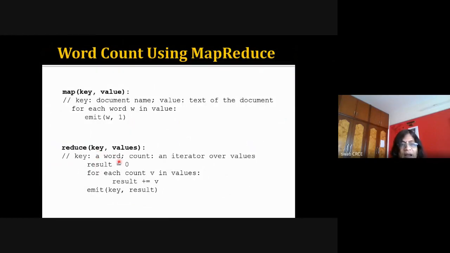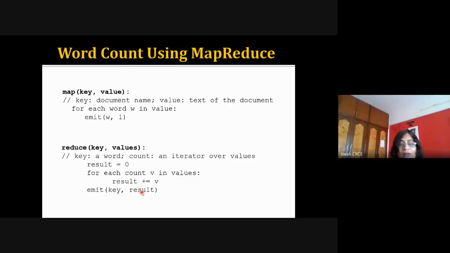Where the key is a word and values is the list of some values, and then we are using some count iterator over the values. By using that, for each value in the values, add that value into the result. And always we say that here it is returning the value as 1. So all the ones, or if the combiner has combined and it has given 2, that count will be added to the result. The result was initialized to 0 before. And finally, you get the result which will be returned by the reducer. The reducer is also returning the key and value. This result is a frequency.